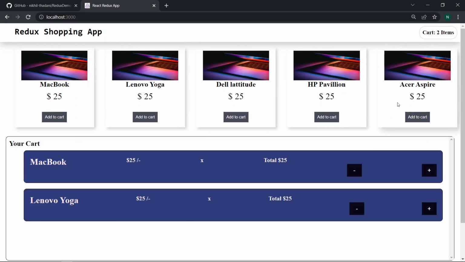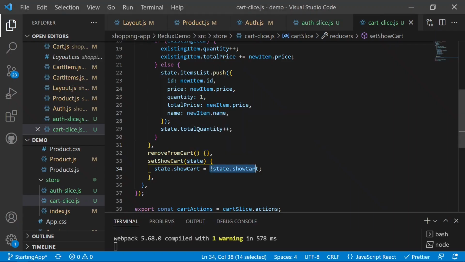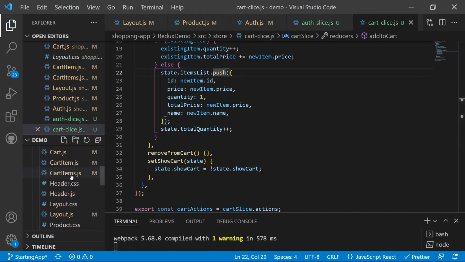And now if I click on the cart, you will see we have the 2 buttons here also: one to remove the item from the cart, one to decrease the quantity, and one to increase the quantity. So we can also fix that. You will see we cannot see the quantity there, so we have to see the quantity also. So we need to go to the cart